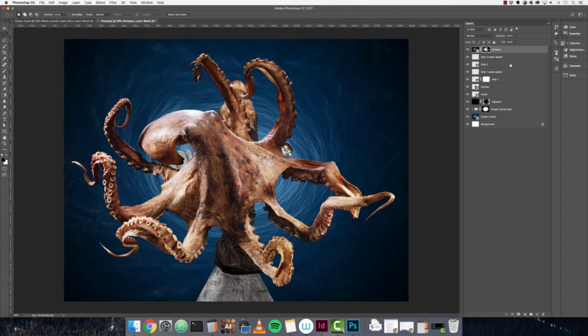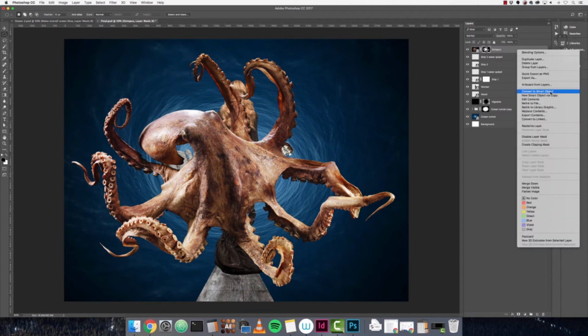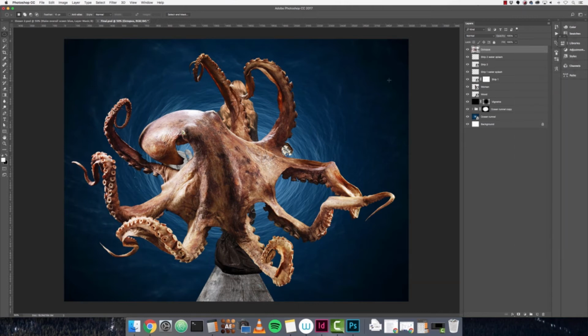Now convert this octopus layer into a smart object so that that layer mask cannot be changed anymore unless that smart object is opened. And duplicate this, Command J, so we have 2. And I'm just going to turn off the original, and we're going to use this octopus copy as our first tentacle. So what we will do is create a mask on that layer,